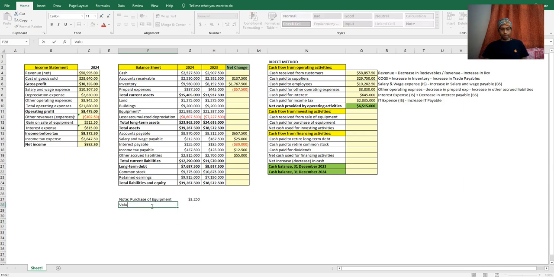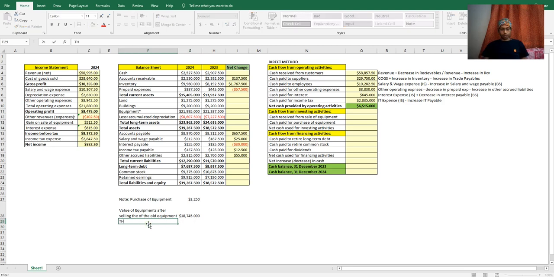So value of equipments after selling of the old equipment, this is equal to, if you wrap the text, value of equipments after selling the old equipment and before purchase of the new equipment, this is equal to this value minus whatever value for the purchase of the equipment was, right? This was the value,